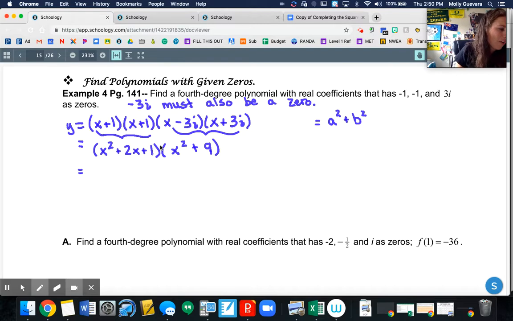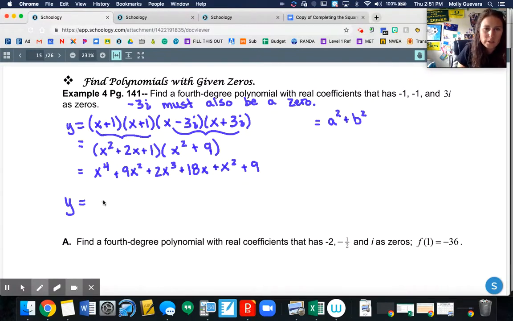Now I just need to distribute out. So x squared times x squared is x to the 4th. Plus 9x squared, right? So I did x squared times x squared and 9. And then 2x times x squared is 2x to the 3rd. 2x times 9 is 18x. And then 1 times x squared is x squared, and 1 times 9 is 9. And I don't have any like terms that I can combine, so I just get, and I'm going to write